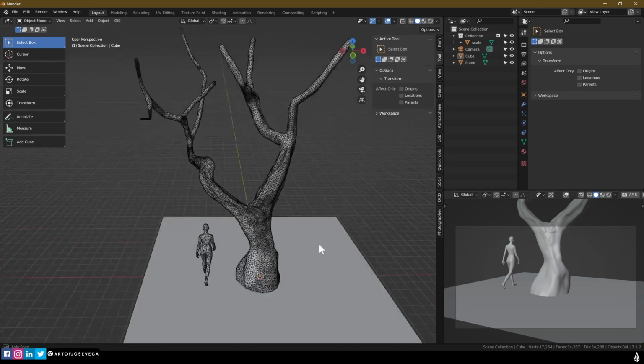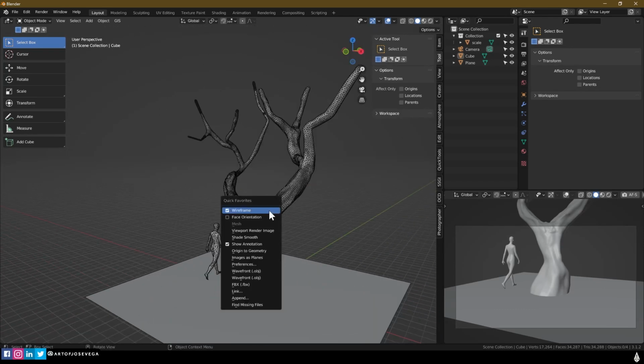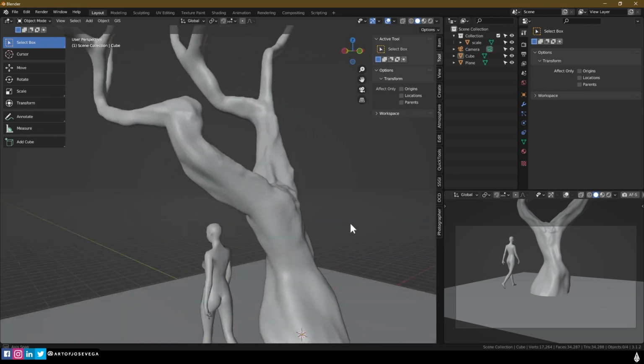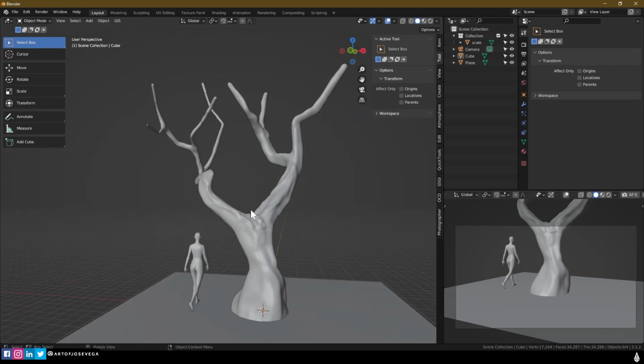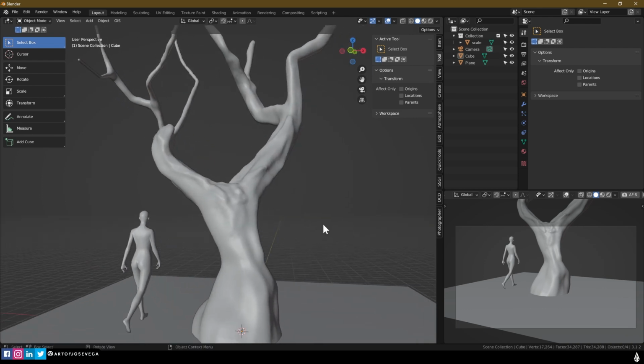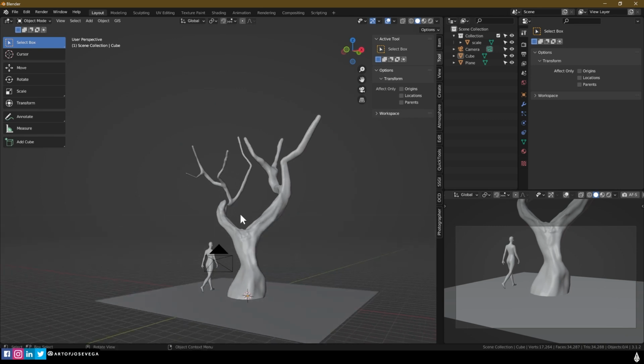So wireframe, still, it might be too much, right? But we'll keep it like this. We won't do any decimation just so we can go through the process. And this is usually the part where I left off at the previous video. So let's talk a little bit about the